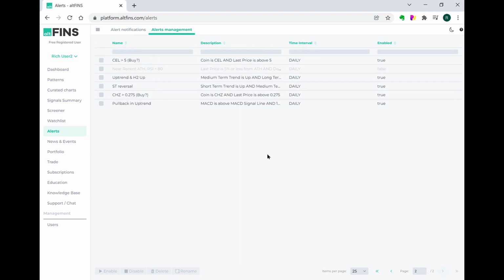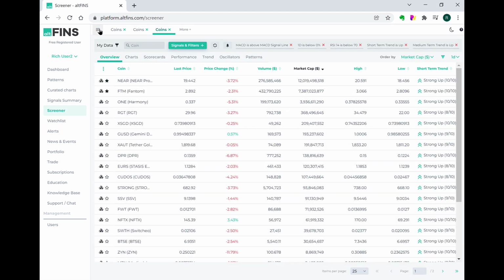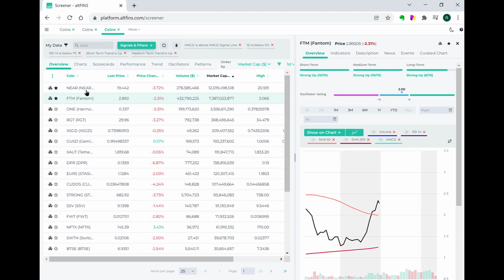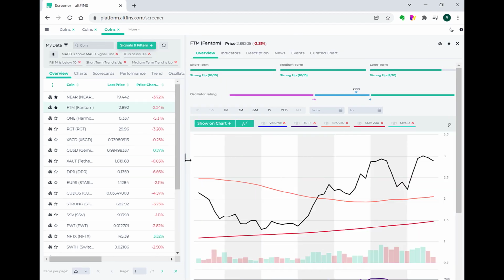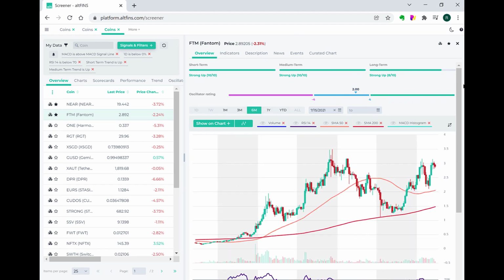I've got a lot of these here, so here's the one that we just created. Okay, now going back to the screener and the results, I wanted to check out Fantom. I'm quite warming up to this one. It's another layer 1 protocol, so similar to Ethereum. It's a competitor to Ethereum, just like many others like Avalanche, Near Protocol,